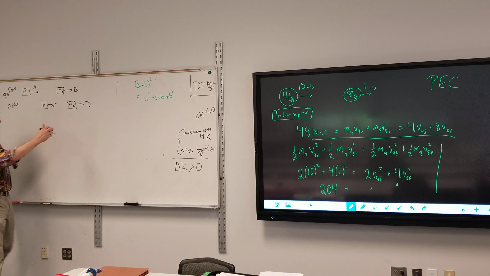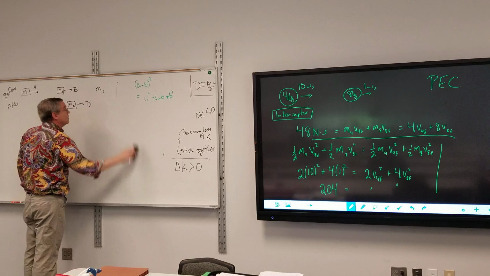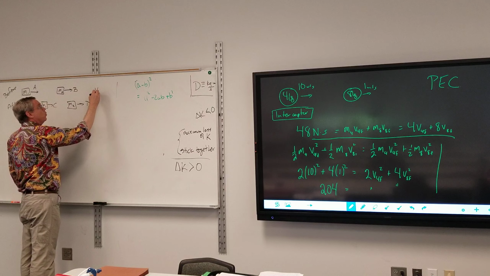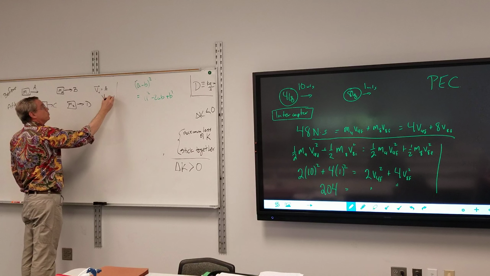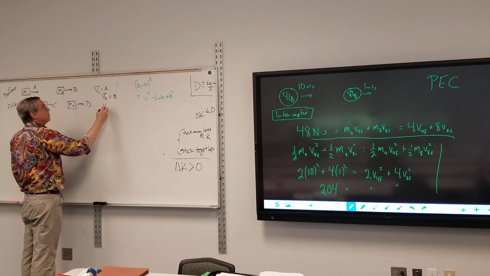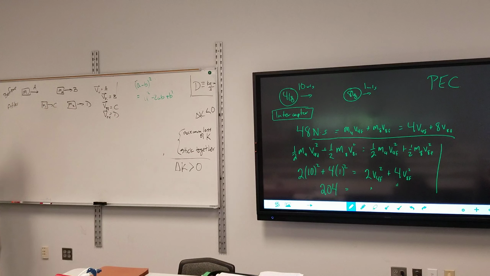So in essence, V1 initial is equal to A, V2 initial equals B, V1 final equals C, and V2 final equals D. It's a lot of mess of subscripts, and I want to simplify it. I have two equations I'm working with here. I know momentum is conserved. So M1A plus M2B equals